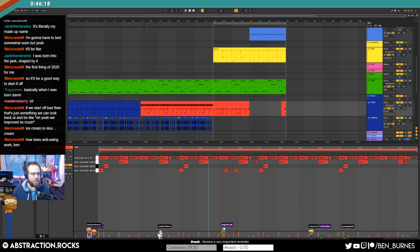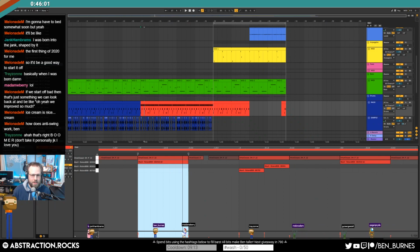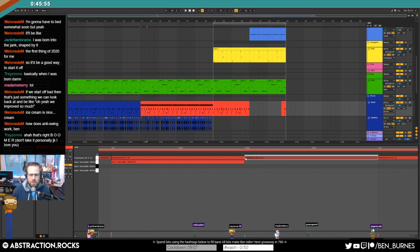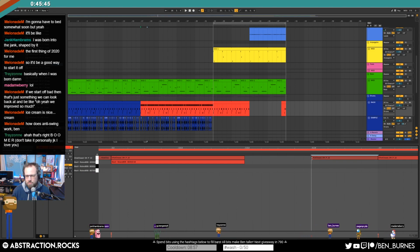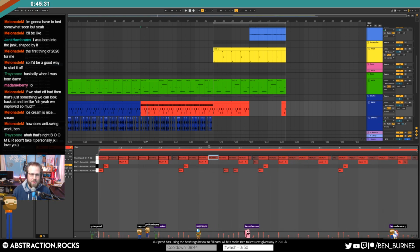Well, the thing is, if you look at swing in your DAW, usually there's a number after it like 50 to 66 to 75. That's the percentage, Trey, between that things get pushed over. This right here is 50%, which basically means no swing. This would be 66%, which is essentially a triplet swing. And this would be 75%, which would be basically 8th note or 16th note swing. But if you go the other direction, like a 40 or a 33, that would be a swing in the other direction. So it's not really an anti-swing as much as it is just a...